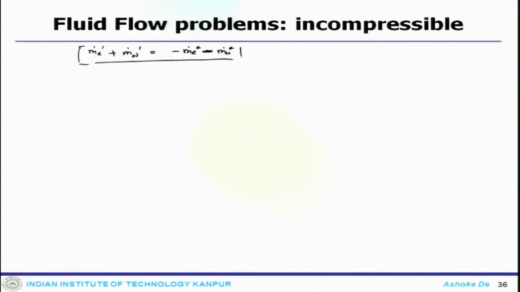Once you calculate the mass flow rate, when no correction is needed, theoretically the right hand side should tend to 0. That means no correction is needed. Whatever intermediate value is calculated is the exact value, and that will happen when you iterate the solutions over different levels. So, one can think of this as the mass conservation error of the current field, and that drives the correction field. So, the mass flow rate and the mass flow rate corrections at element faces,